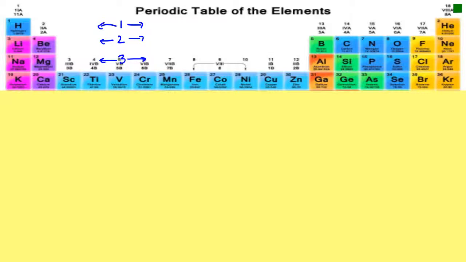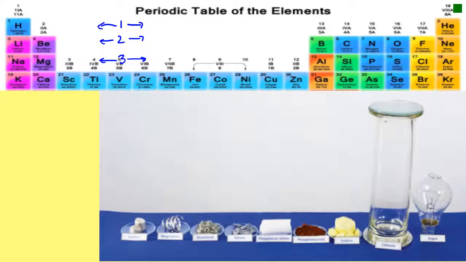That's what we're interested in, and let's have a look at the actual elements. Here we've got sodium down here, and magnesium and aluminium. This is actually silicon. We've got phosphorus, white phosphorus here and red phosphorus here. We've got sulfur, chlorine. I'm not sure if you can see the green tinge in this gas tube, and you certainly won't see argon